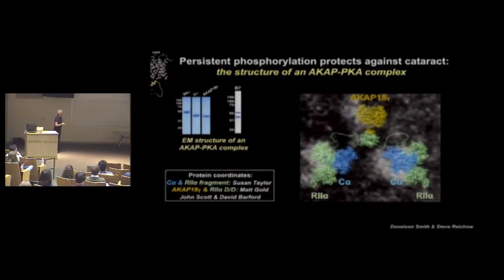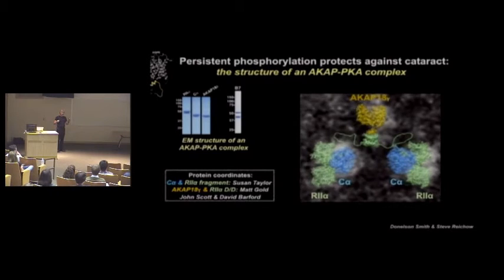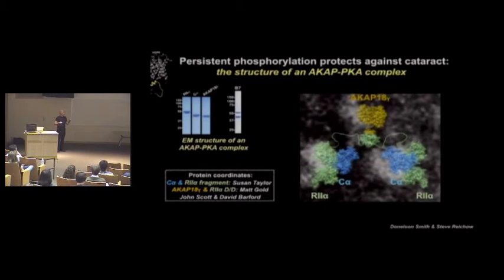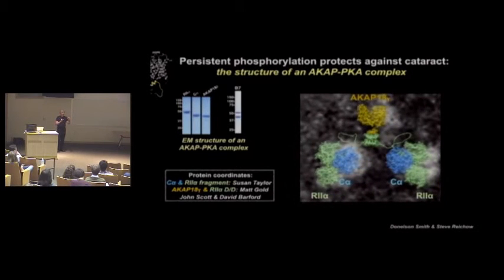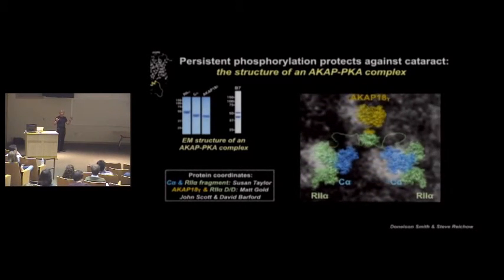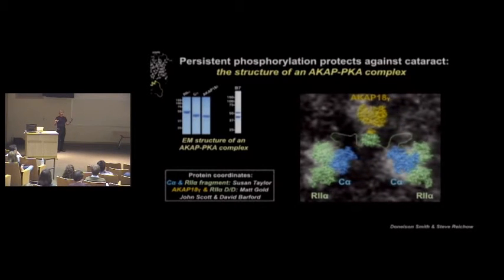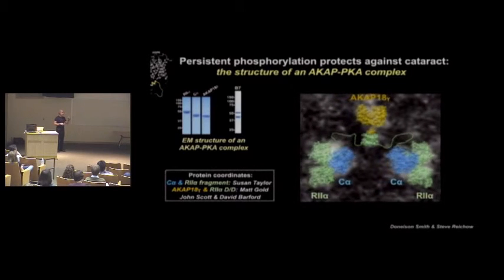And immediately on looking at this, there were several things that became apparent to us. First of all, the beads on a chain analogy is a very good one, because these regions of structure are separated by about 30 amino acids that are intrinsically disordered. That explains why crystal structures have been really difficult for this entire complex. The other thing